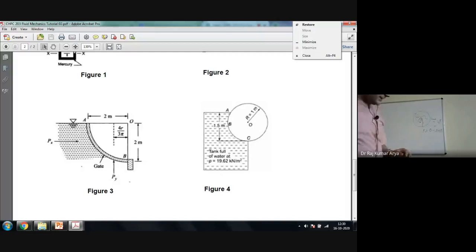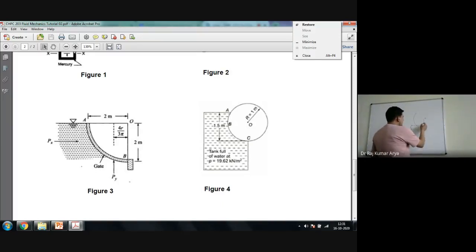There is one more way also to calculate the vertical force, so I will tell you that part also. So in that case, you have this. Let's say this is your y coordinate, so you went y distance up. From here you can calculate what should be your pressure at point y, Py.